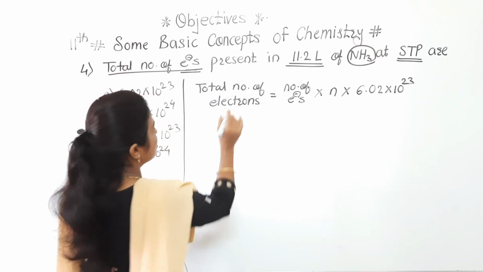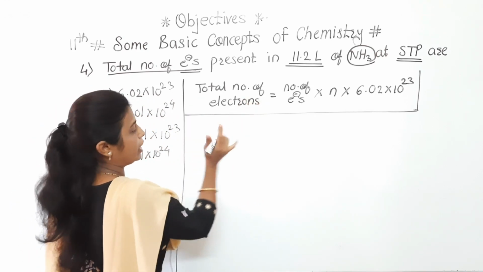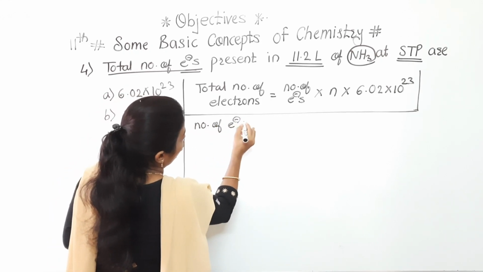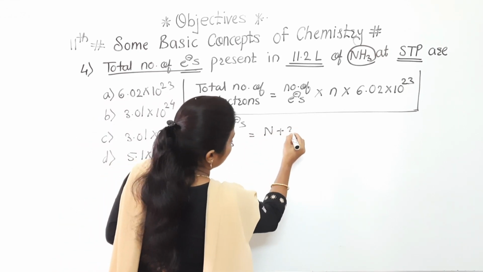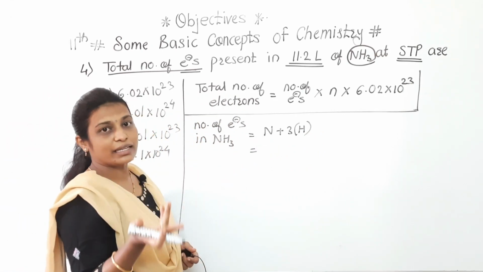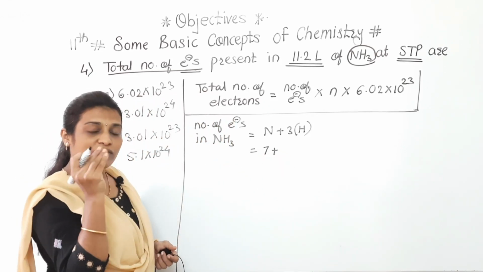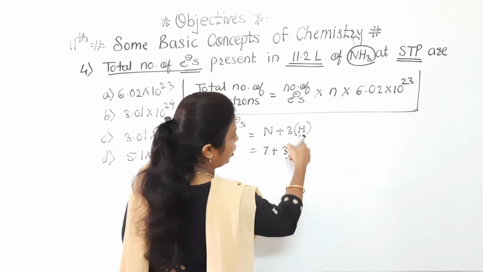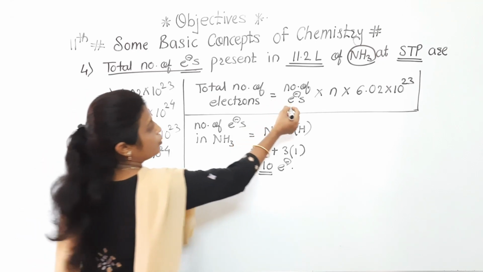Okay, so if we consider this part, what we have and what we have to find out. Now see, we have to find the number of electrons in NH3. How to calculate that? See, nitrogen plus 3 hydrogen are there. What is the number of electrons present in nitrogen? That is 7, the atomic number is 7. There is no charge, so the atomic number of nitrogen is nothing but the electrons. Plus 3 into hydrogen, having only 1 electron. So the total number of electrons is 10. Okay, so the first term we got here.